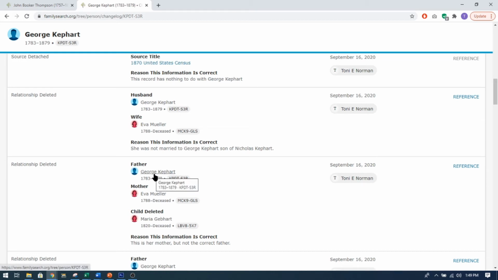But I researched George Kephart and Eva Mueller, and I actually found records on them, and I attached those sources, which is in another video, but making sure that all of their information was correct with correct sources. We have not had problems ever since then. I've tried to put a note in the course